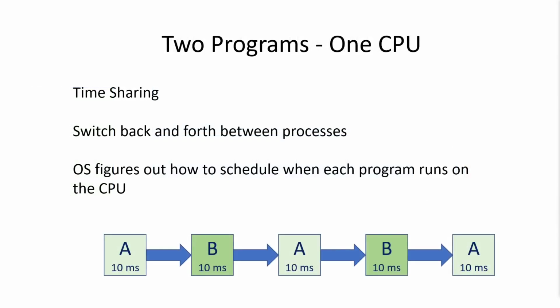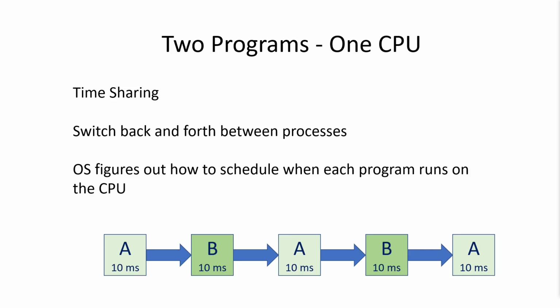The way it does this is known as time sharing. Essentially, the operating system is going to switch back and forth between programs or processes very quickly. It's going to give one program 10 milliseconds, switch to another one, give that 10 milliseconds. And one of the features of the operating system is that it has a scheduler that decides which program to run, how long to give it to run, and then when it switches, how to do that switch, and then which program to run next. That's probably an entire chapter out of an operating systems textbook,